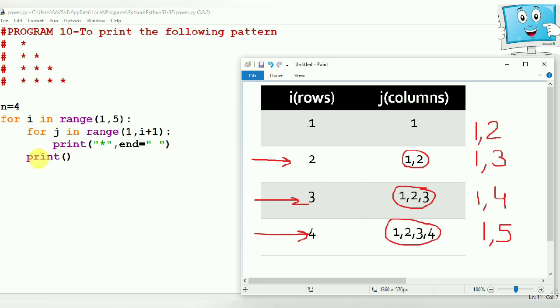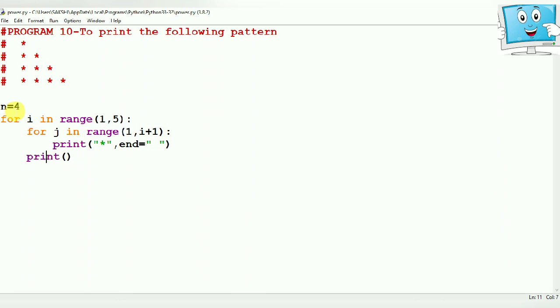This is the way the loop is getting executed. Value of i was 4 and now it will continue only till this value because the range function takes one value less. So both the for loops have been executed the number of times they were told. So this is the way you have to create this type of program. You have to remember that whenever we are creating programs of this type in which the rows and columns are there, we have to take 2 variables, one for the rows and one for the columns.